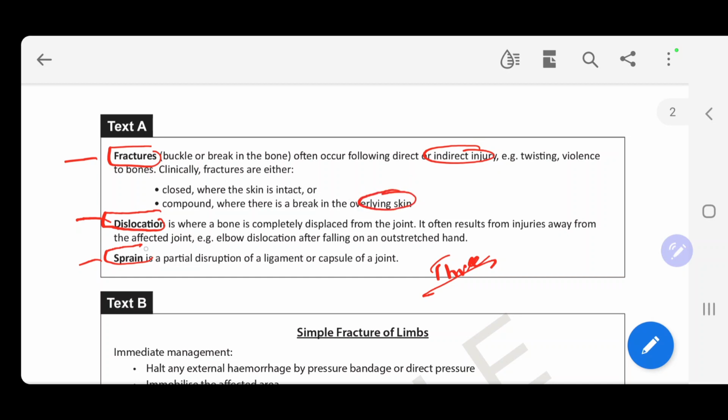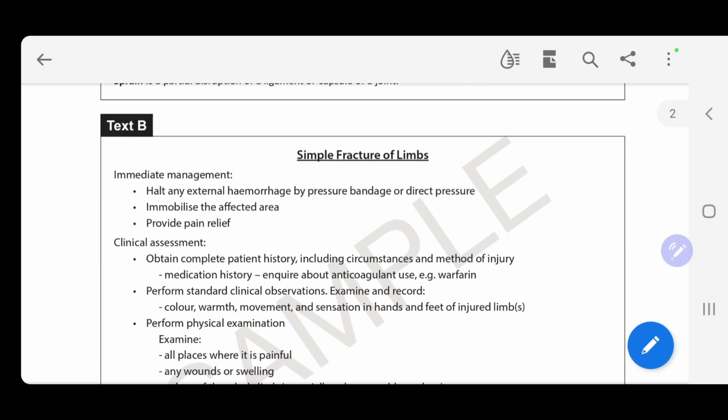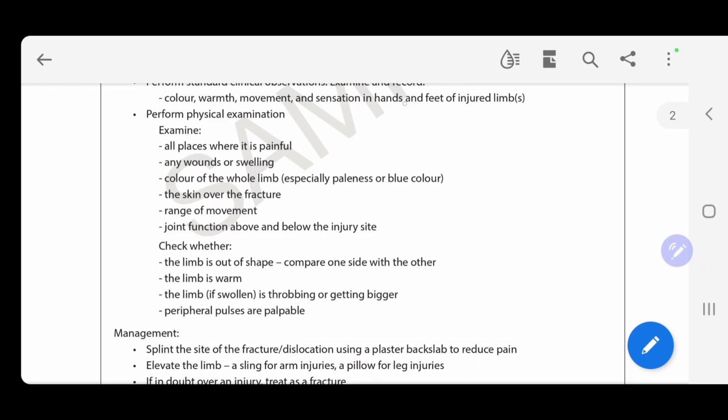Let's say dislocation, outstretched hand, some important words. Then we have the management part. In the management part, we had, let's say, pressure bandage, immobilize, pain relief. In the clinical assessment part, we have patient history, right? When we can see painful swelling, shape, warm, bigger,